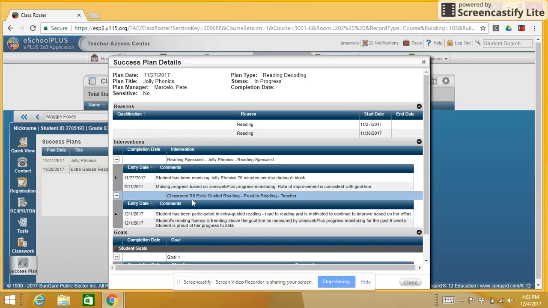The second intervention here is classroom RTI extra guided reading, road to reading, and that's implemented by me, the classroom teacher. And the comments made are that the student's been participating in the extra guided reading and is motivated to continue to improve based on her effort. And then the second comment is that the student's reading fluency is trending at or above the goal line as measured by eSchoolPLUS progress monitoring for the past 6 weeks, and that the student is proud of the progress that